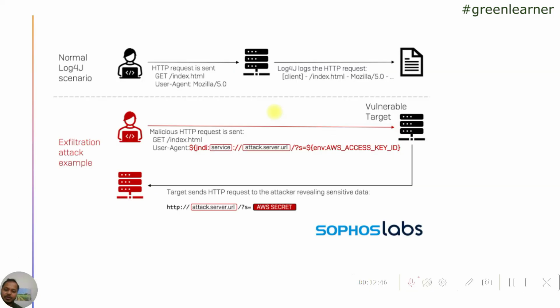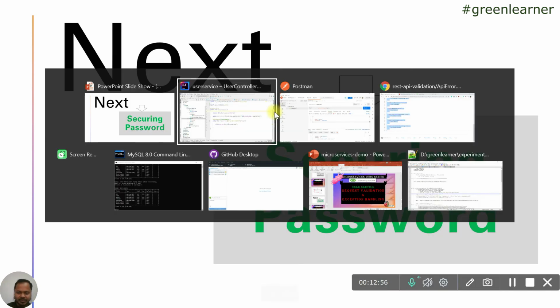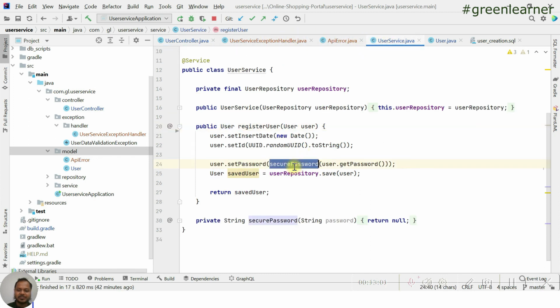What is the importance of request validation and exception handling, and in logging and all these purposes, right? So the next one is securing the password. In the previous video I explained, if you see the service code here, secure password, we have to get some secure password that we can store in the database, and it is not plain text. All those mechanisms, theories and best practices, I'm going to explain in the next video and demo along with that. Then we continue with this code and custom handling and many more.